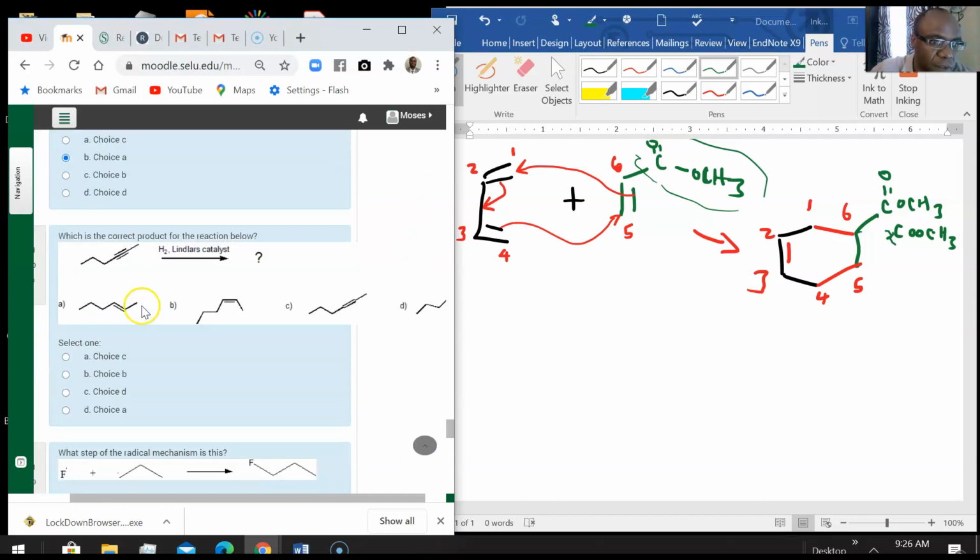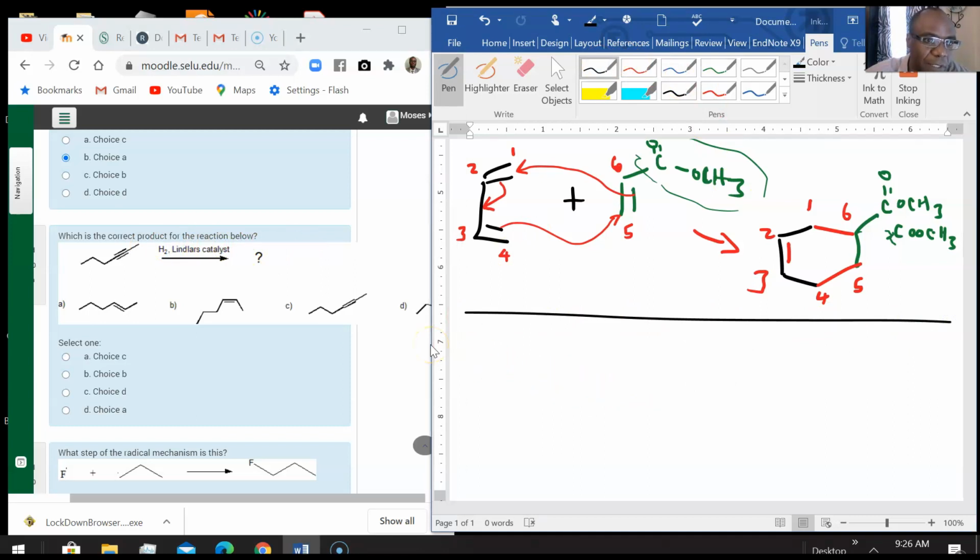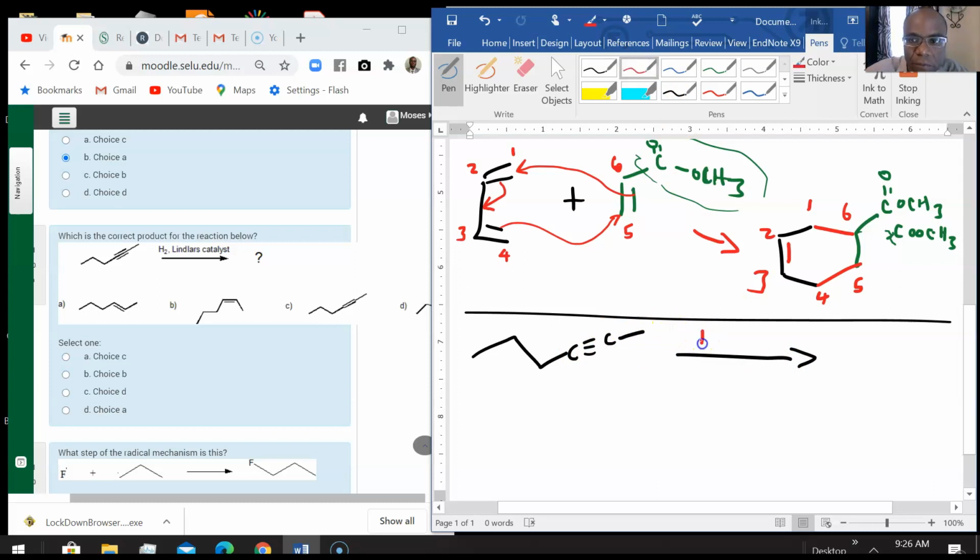Alright, which is the correct product for the reaction below? This is hydrogenation of the alkynes. We have Lindlar's. We say the Lindlar's catalyst is not strong enough to reduce the alkyne all the way to alkane, so it reduces it to alkene and stops there and gives you the Z isomer. I've shown the carbons here so you know there are carbons in here. So 1, 2, 3, 4, 5, 6. So the structure should be,